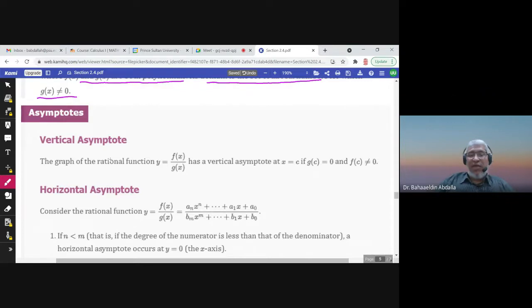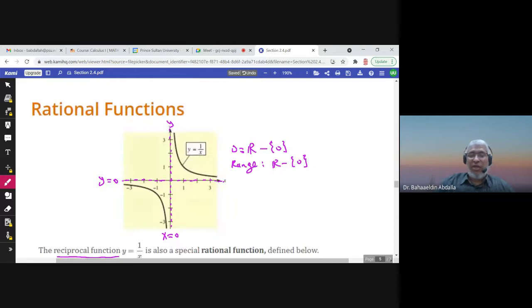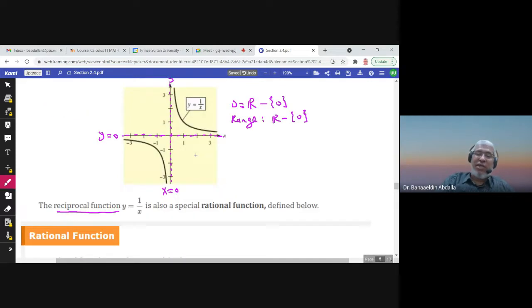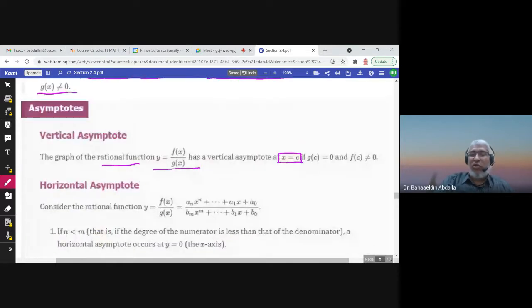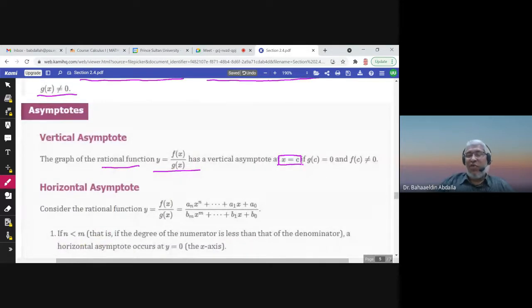Now, a rational function can have a vertical asymptote, which will have the equation x equals c. So x equals c is the vertical asymptote. For example, here x equals 0. Why 0? Because 0 is a zero of the denominator. So to find c, you search for the zeros of the denominator, but you make sure that they are not